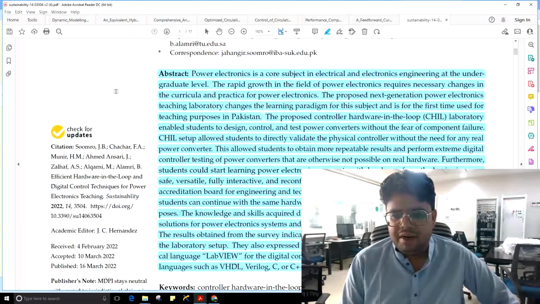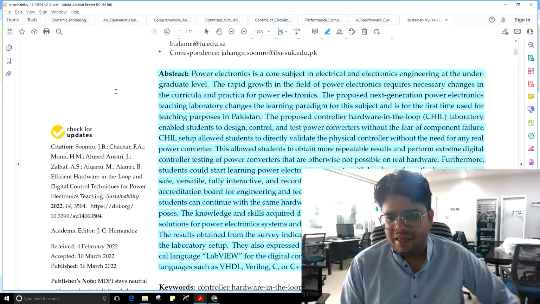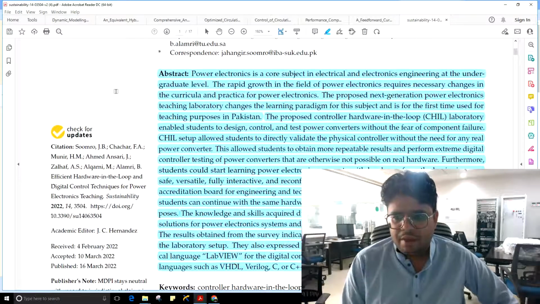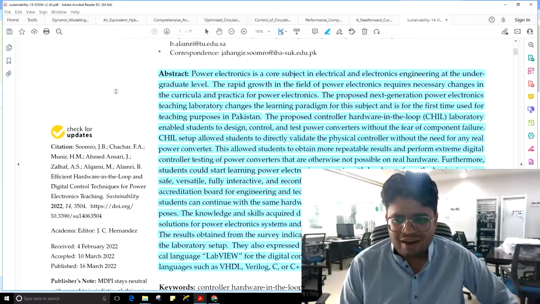The reason being, the converter is simulated, that operates in a real-time simulation environment, that is not physical. Students do not take discrete components such as power semiconductor devices, MOSFETs, IGBTs in hand, or inductors, capacitors and analog components in hand. The circuit is in the real-time simulation mode, so there is no fear of component failure in